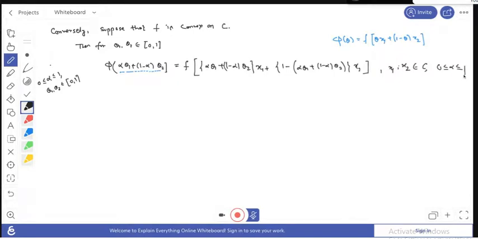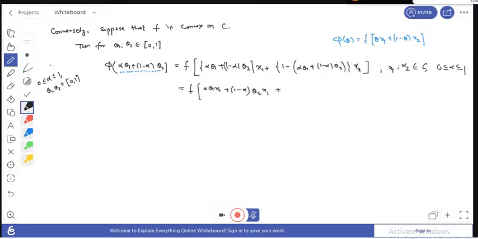Now we simplify this term. If we multiply here, it becomes f of αθ1x1 + (1 − α)θ2x1